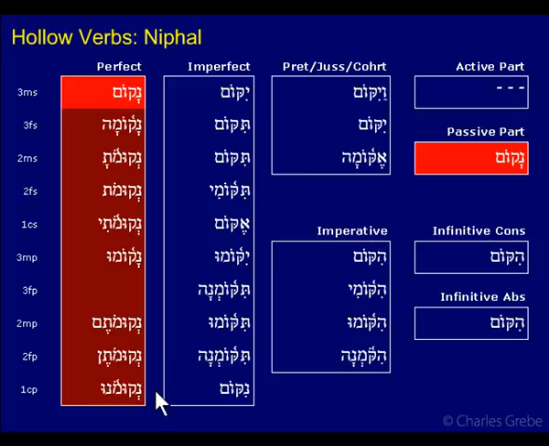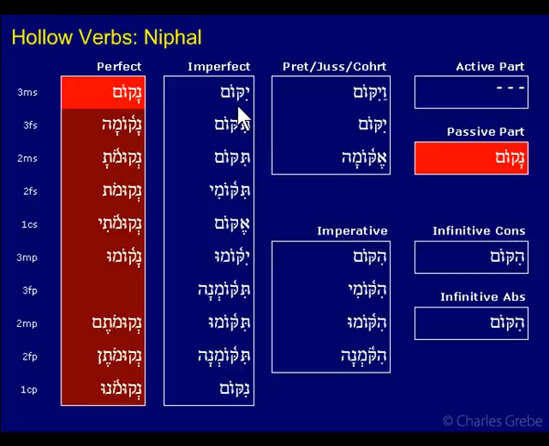And that is just like what we have with the strong verbs. The perfect and the passive participle is where we saw the nun. In the prefix forms, the nun assimilates. All these forms here, the nun assimilates because the prefix causes it to sit next to the first root consonant without an intermediate vowel. And so that dagesh forte there is our nun all the way through. Okay? So in these forms, it's actually pretty much just like the strong verb.